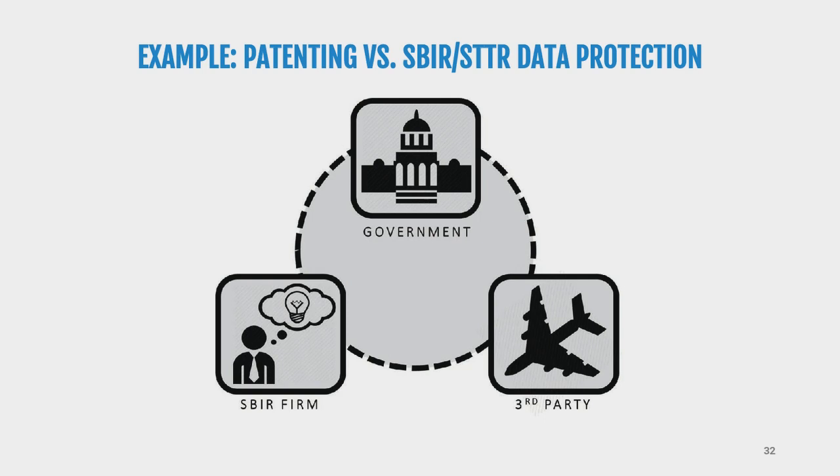And so in your pitch presentations, you only share what's in your patent and not what's actually part of your SBIR data. And in this scenario, you're able to share technology to the government or commercial third parties freely and still rely on your non-disclosure obligation to protect your core SBIR data. In some ways, this is the best of both worlds.